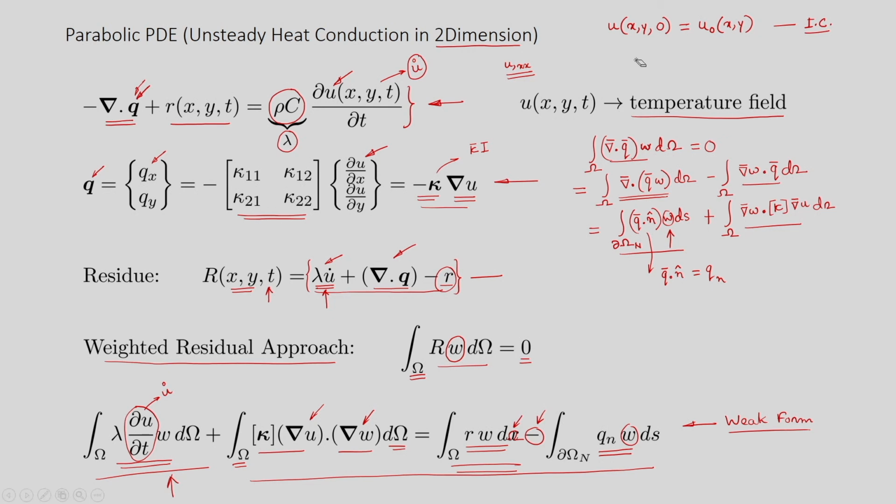In addition, in the Dirichlet boundary we will specify the temperature. So, u on the boundary omega d, in the Dirichlet boundary is specified and suppose this is u 0. This need not be a constant, this can be a function of x and y on the boundary, it can vary, but that is defined. Similarly, I can have Neumann boundary condition. So, I will say q n on the Neumann boundary omega n is equal to V naught. So, these two are the boundary conditions.